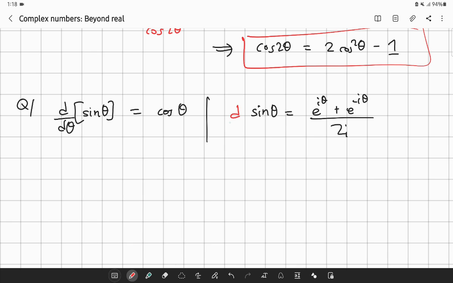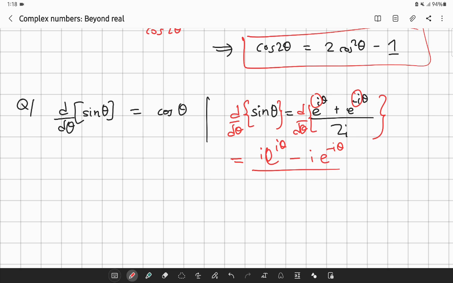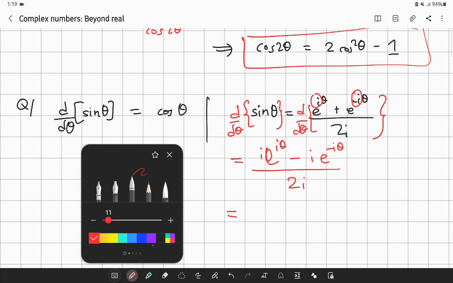I differentiate both sides with respect to theta. And you know, if I have an exponential function, d by d theta is simply e raised to theta, or you can use the chain rule, depending on the exponent you have. So in this case, I clearly get d by d theta of e raised to i theta is i times e raised to i theta. And similarly, I'll have minus i times e raised to minus i theta. I'm just getting these two factors down from the chain rule. And this whole thing is divided by 2i. So what will this give us? So if I cancel i from both sides,